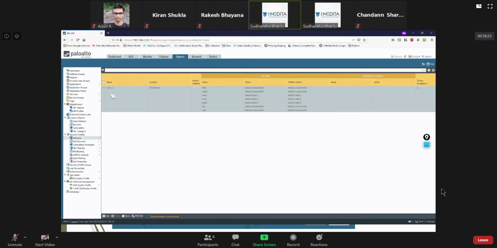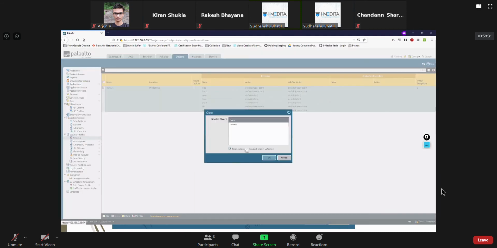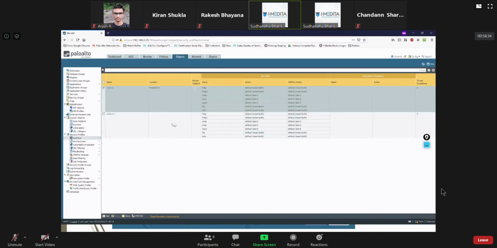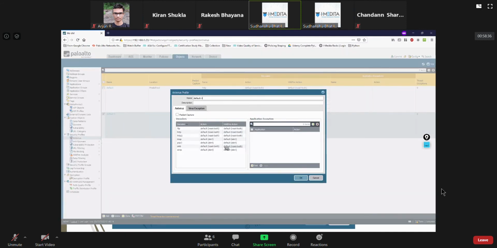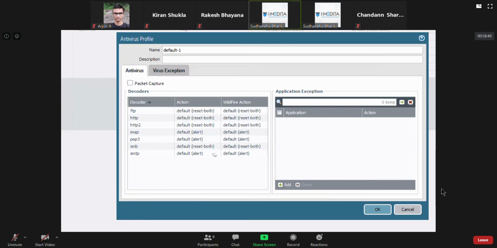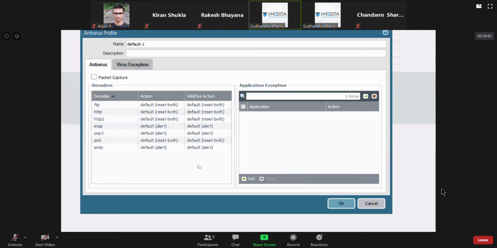For all of them, the basic method remains the same. If I go to antivirus, I can clone this profile, but even cloning doesn't matter much because we'll basically not modify much in here. We don't want to have any application exception. You see here we have default reset both.